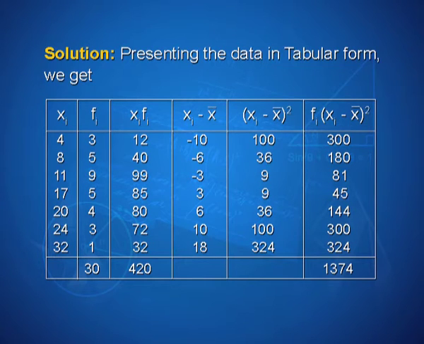Then the fourth column shows xi minus x bar, which can be calculated as minus 10, minus 6, minus 3, 3, 6, 10 and 18, and the fifth column shows xi minus x bar whole square. We have the values here 100, 36, 9, 3 3s are 9, 3 3s are 9 here again. In a similar way we can get all the values, and the last column here represents fi into xi minus x bar the whole square. These values can be computed as 300, 180, 81, 45, 144, 300, 324, and on summing up they will give us